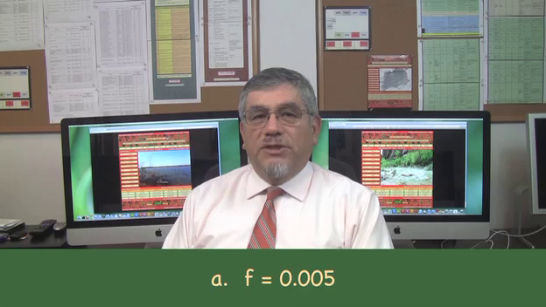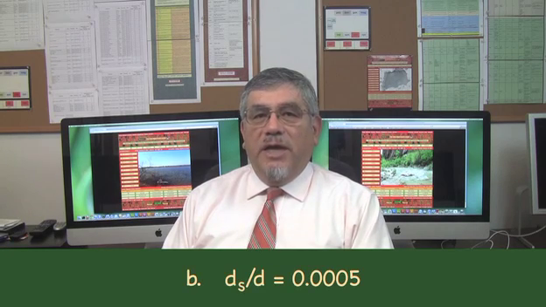As an example, assume A, friction factor F equal to 0.005, a high value, and B, a relative particle diameter d sub s over d equal to 0.0005, a high value. The application of this equation results in